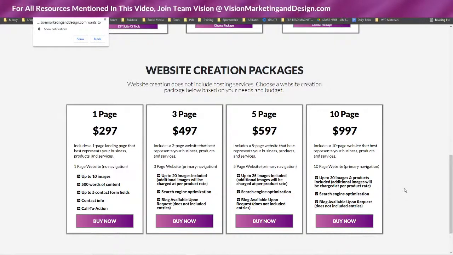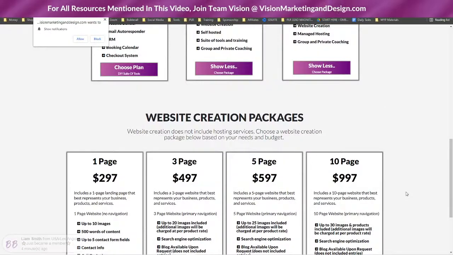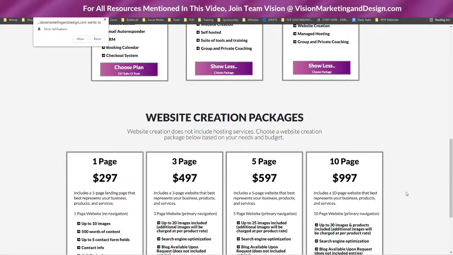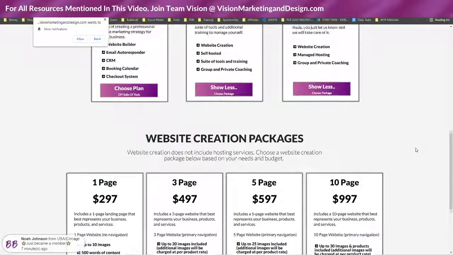So this is completely done for you guys. You don't have to worry about your web design skills. You don't have to worry about getting clients. If you can just get them to trust you to manage their project for them, I'm giving you everything. I'm completely setting this up for you. So that's my spiel on all of that.